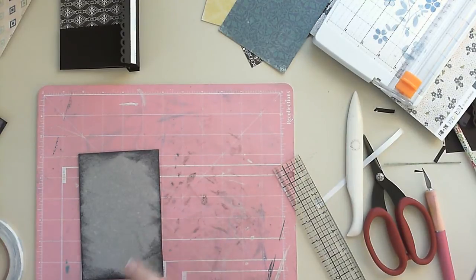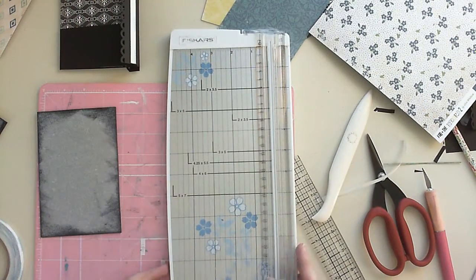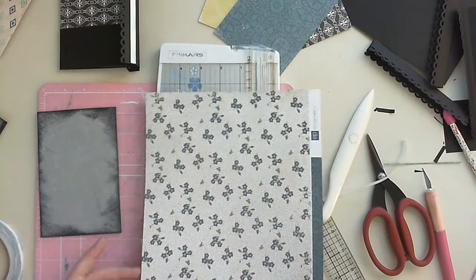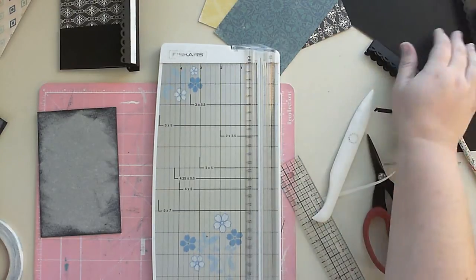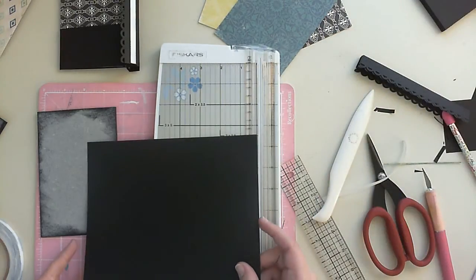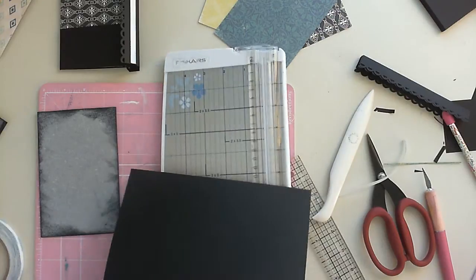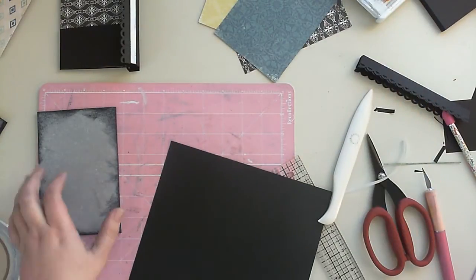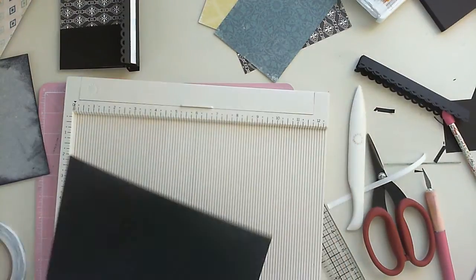I think on this one, maybe I will attach an envelope. Yeah, that sounds good. So what I want to do is make an envelope that is this size. I think this will work. Okay, I'm gonna make like a policy type of envelope. So to do that,